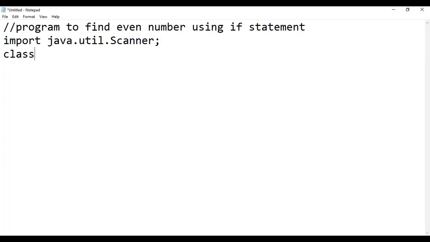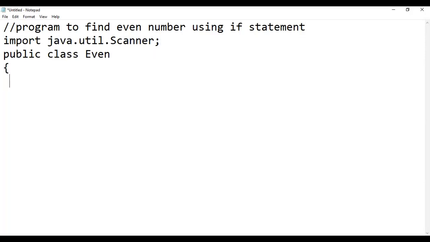Now we will define a class. Here I'm writing the class name Even. E must be capital because the first letter must be capital.